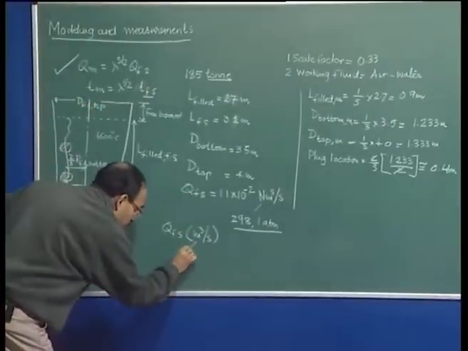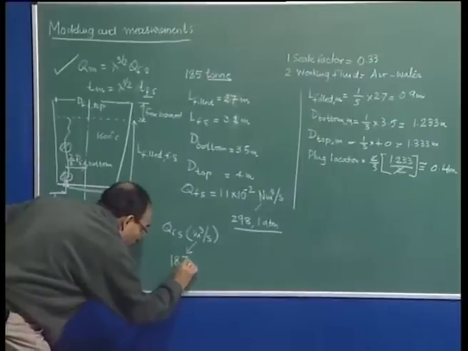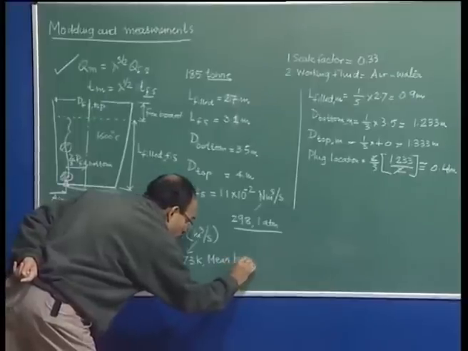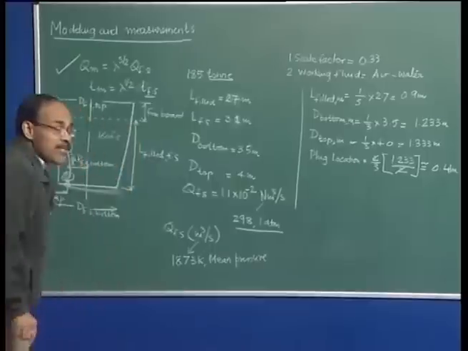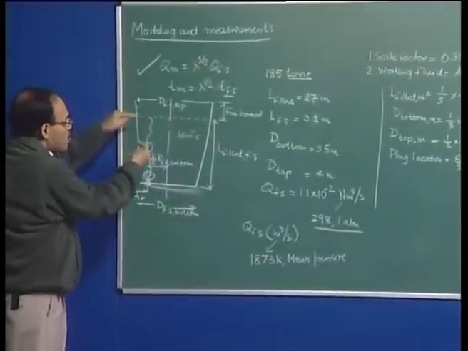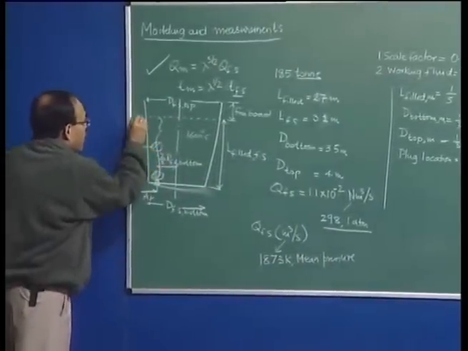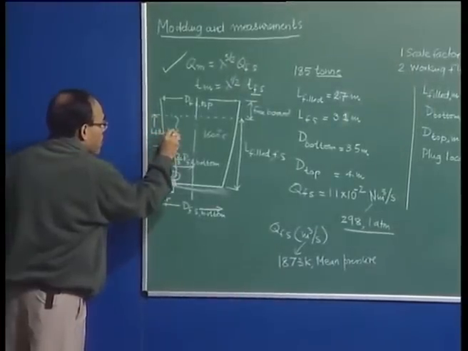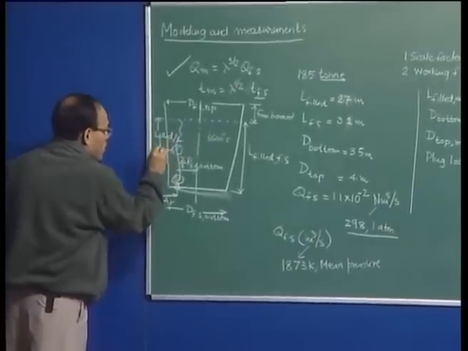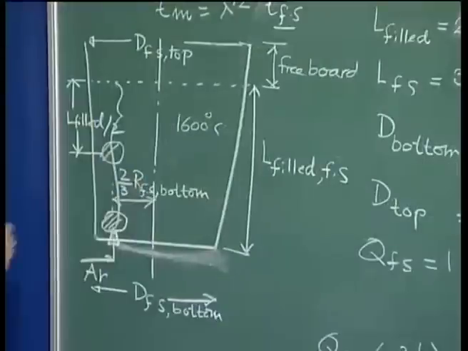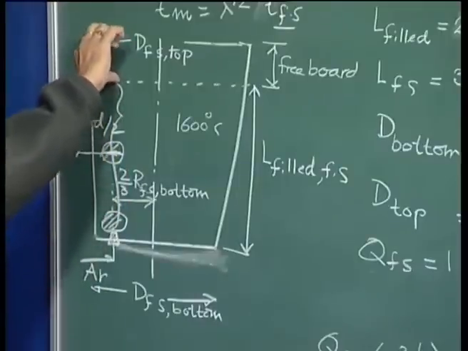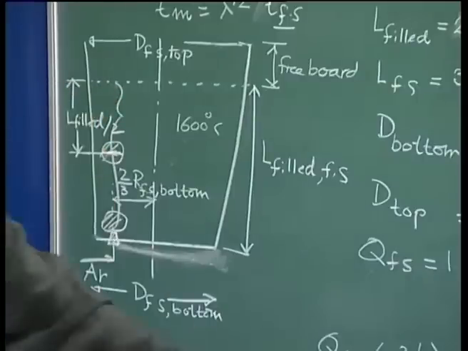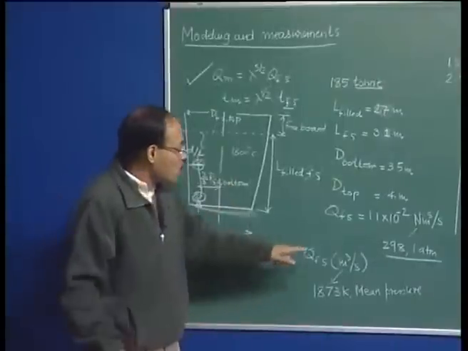So, I am going to say that this is reference to now 1873 Kelvin and mean hydrostatic pressure, mean pressure. Mean pressure means the pressure at the mean height. So, if this represents now my L filled by 2, that is the mean height, then I can say that, well, the pressure at this particular level is going to be atmospheric pressure plus the ferrostatic pressure corresponding to this. So, that is the pressure, and this is the temperature 1873, with which I am going to correct this normal